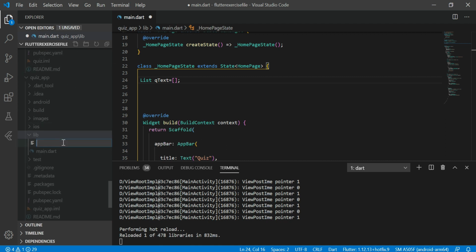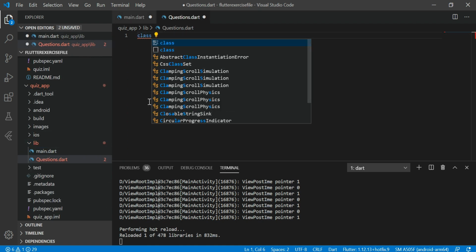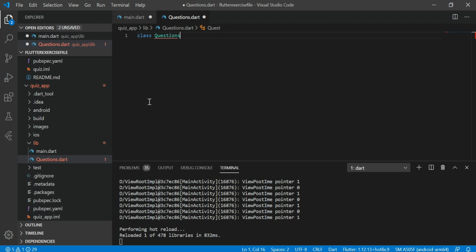In the model class, I'll declare a variable and a constructor only. And I name this class Questions. If you don't understand what I'm doing, just wait for a minute. When the app runs, all your doubts will be cleared.